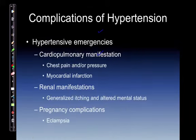So these are complications of hypertension. Cardiopulmonary manifestations are chest pain under pressure. They can have a myocardial infarction because of poor perfusion to the coronary arteries. A sudden increase in hypertension is greater than the heart's ability to overcome the patient's afterload, and the heart begins to fail. Renal manifestations: generalized itching and altered mental status,